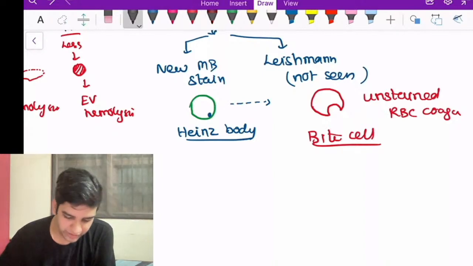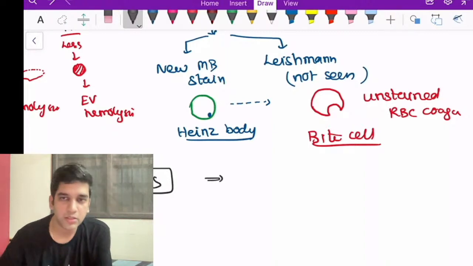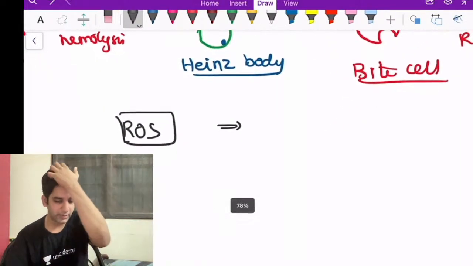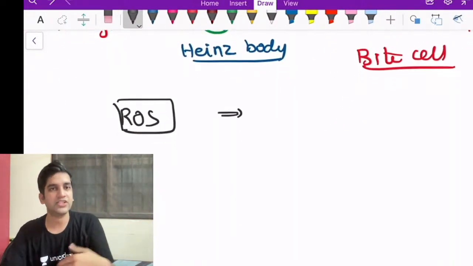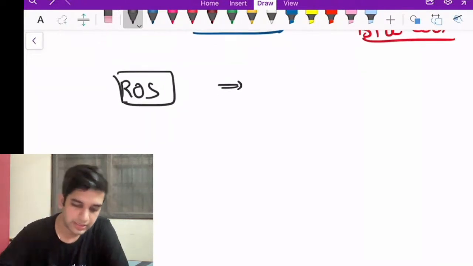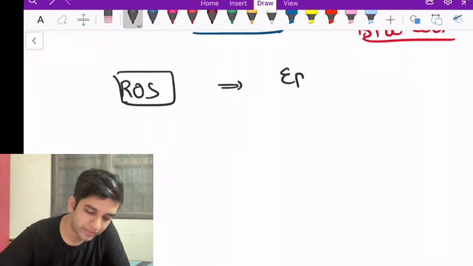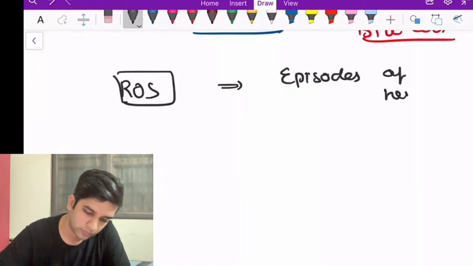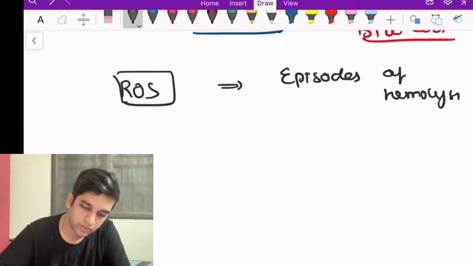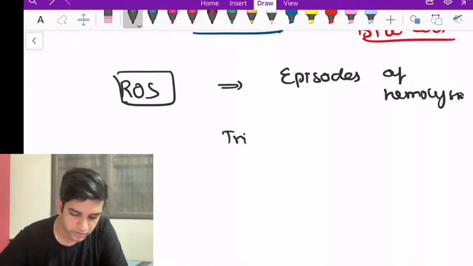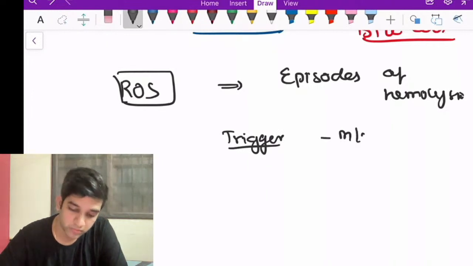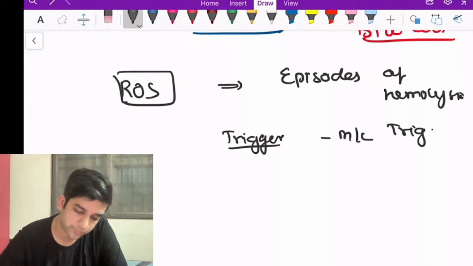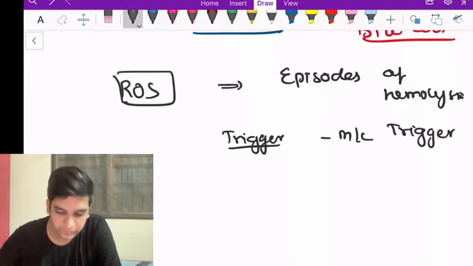So ultimately, every damage is due to reactive oxygen species, which means post-infection, will there be more damage? It has to be, right? In other words, I'll have trigger-based hemolysis, right? You will have a trigger, or you'll have episodes of hemolysis. The first trigger for the hemolysis for me is infections. That's the most common trigger for hemolysis. Second for me is